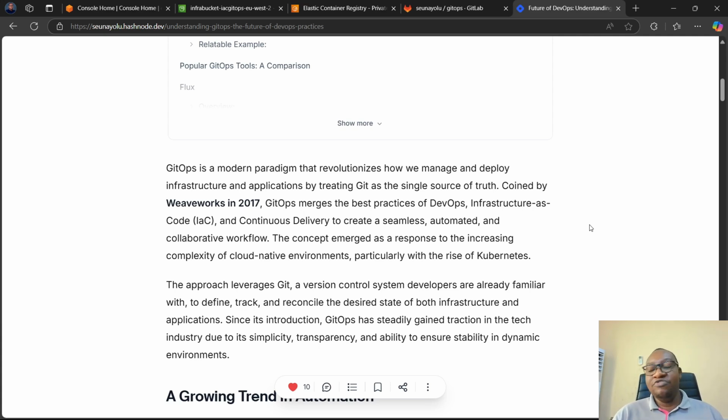So the people at Weaveworks talked about it and said, since Git is already a version control system, and Git repositories have administrative controls where you can set the person that can approve a push request or a merge request, all of those kinds of controls are already there. Why not make Git the single source of truth? So in a work environment, what you now have